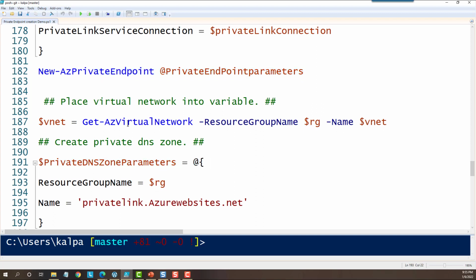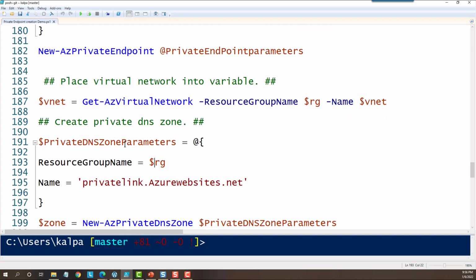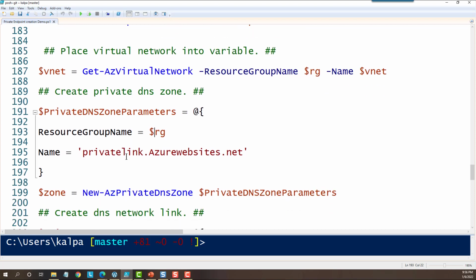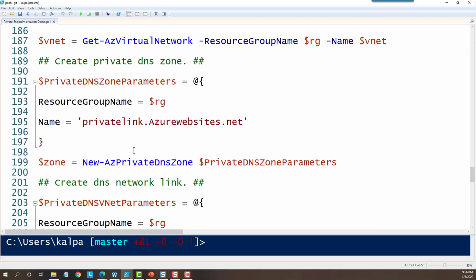Why DNS zone? Because whenever you create a web application, the web application with its host name, like in this example, demo web application, will not be accessible directly. If you create a DNS zone, you don't have to specify the IP address. You can specify the name of the web application, and it will automatically resolve to that IP address. That is why we create this DNS zone. Once this DNS zone is created,